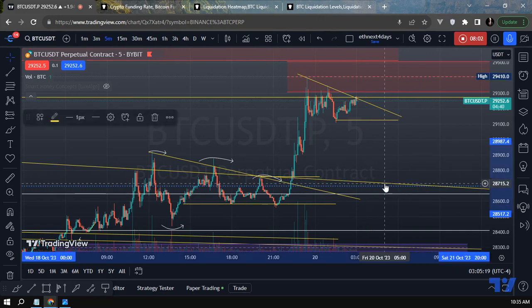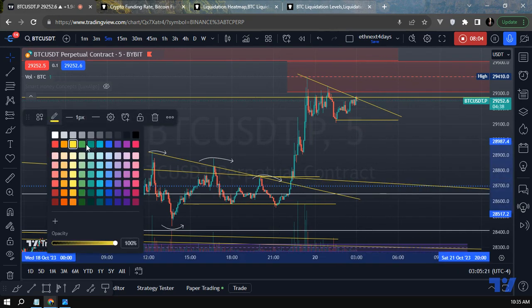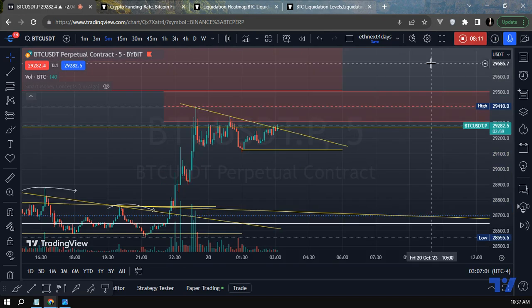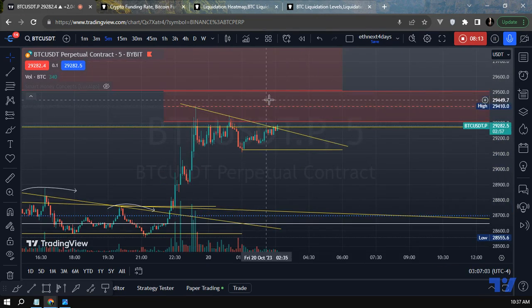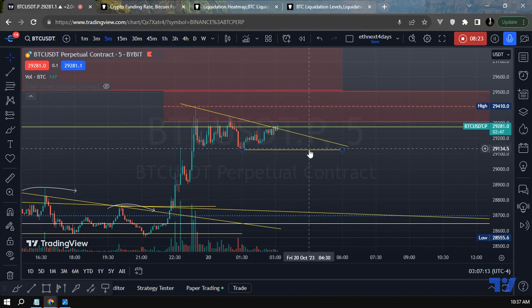and we could see that there's another yellow trend line. All of them are yellow, and let me just pause the video for a second. All right, so yeah, we could have a chance to come and grab this liquidity around here if we hit this and hold it, or we could just do it right now and then come back out and ignore this area. Probably we're going to have some consolidation around 29.1 and then lose it and come back down to 28.6, 28.7.